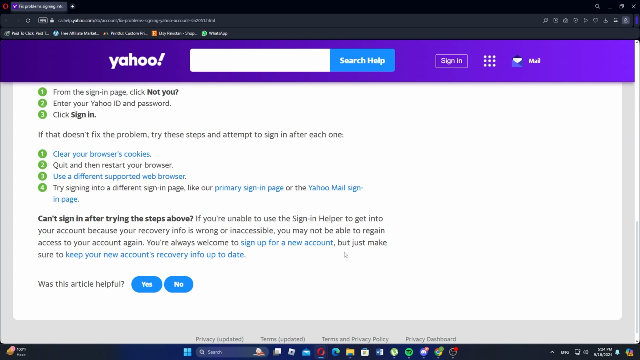Then try signing in from a different sign-in page, such as the primary Yahoo sign-in page or the Yahoo Mail sign-in page. If you still cannot sign in after trying these steps and you cannot use the sign-in helper because